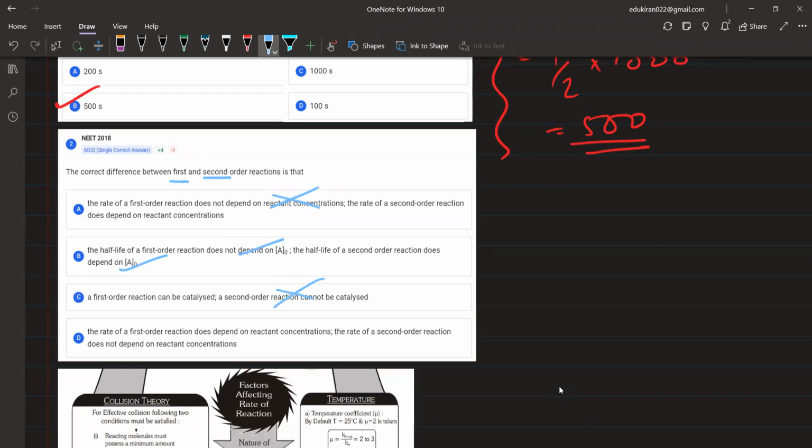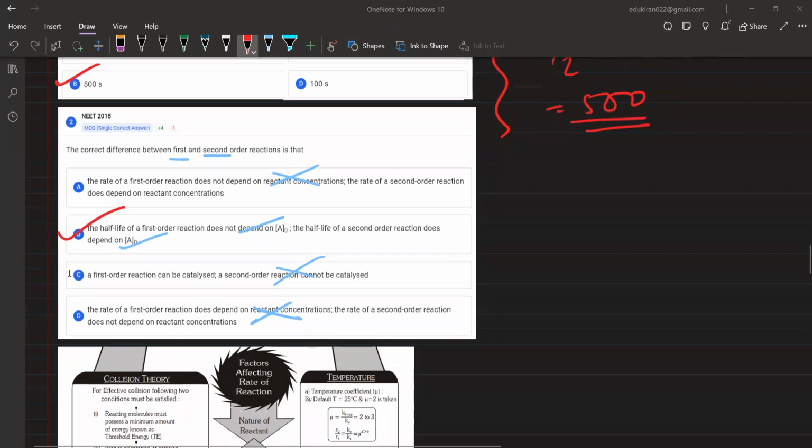The rate of the first order reaction does not depend on the reactant concentration: galat statement. So the only correct statement is B. Yes, I'm correct. That is B. Okay, so moving on